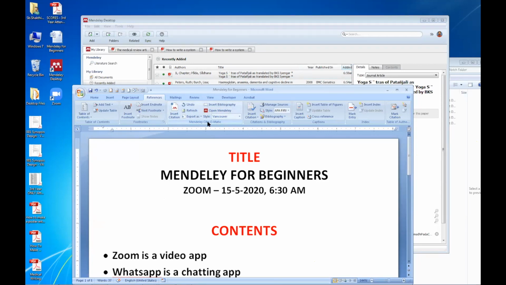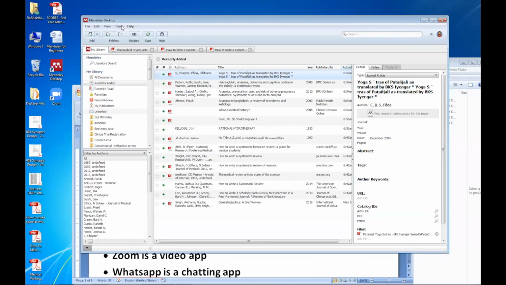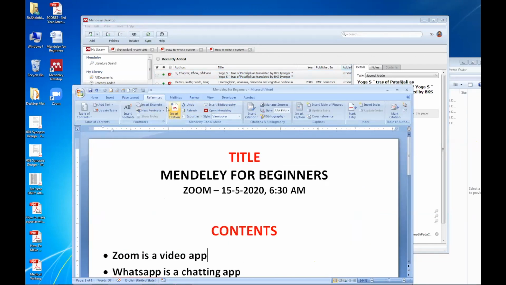This comes only after you install the Microsoft Word plugin. It is only with this plugin that we will be able to insert references for our content. Okay. Till now, is everybody clear? Any doubts? Anything you want to ask? Please feel free. Once everybody is clear till now, we can proceed to how to insert a citation.